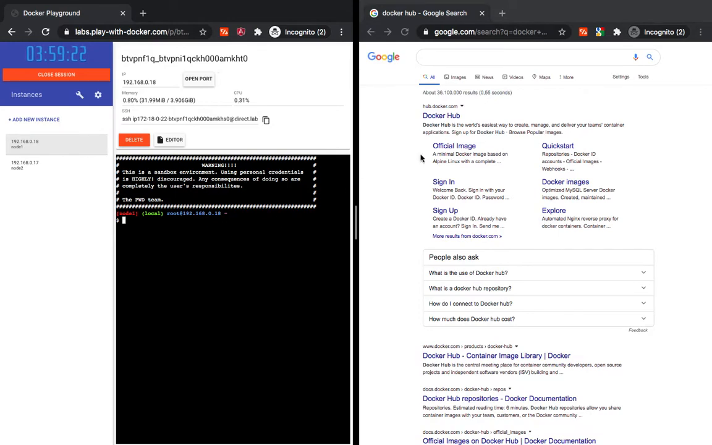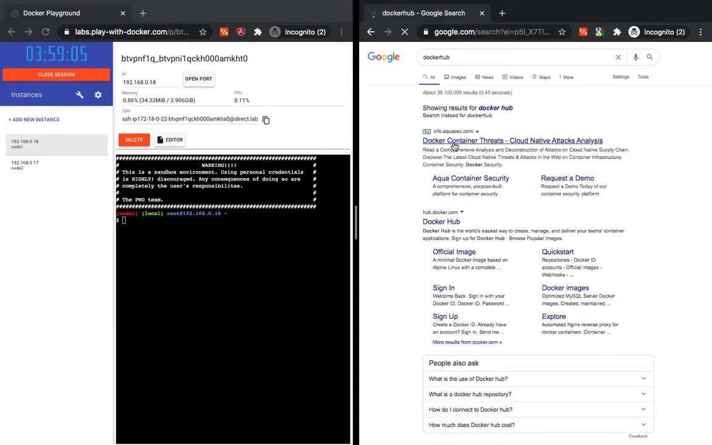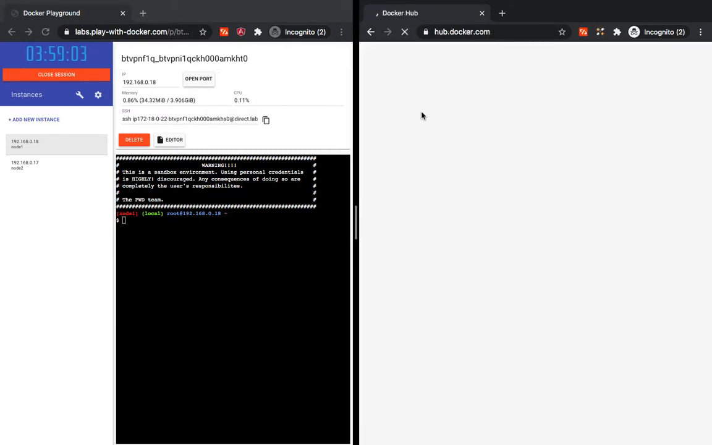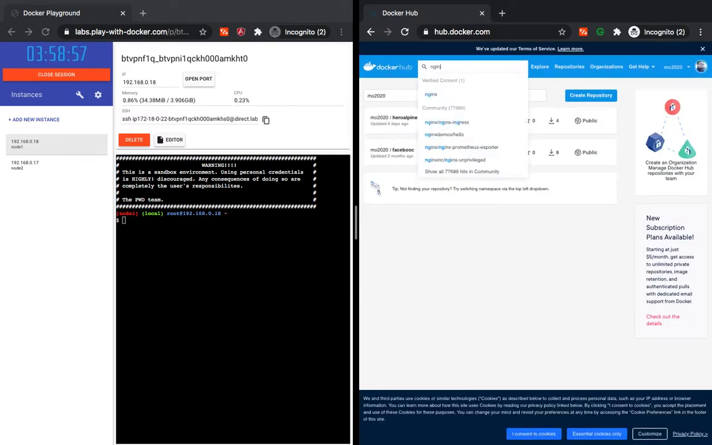Let's go to another section of the browser where we can search for Docker Hub. What we're getting from Docker Hub is predefined images of containers. So I can download any, for example, the Nginx image,